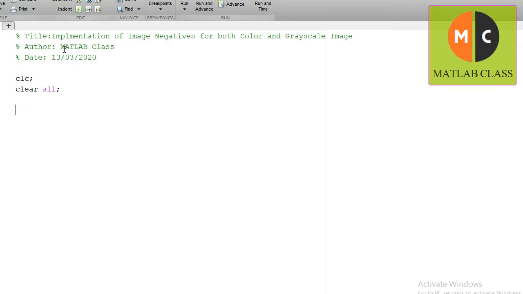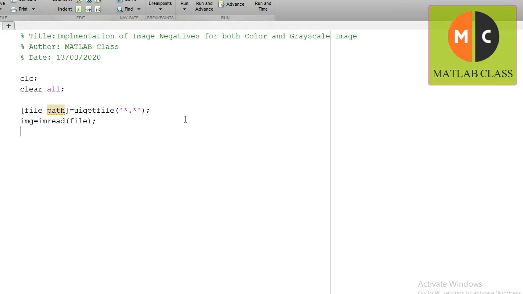Now you have to write clc and clear all. So the first thing that you have to do is read the input image in MATLAB. So by using [file, path] is equal to uigetfile('*.*') in brackets and single inverted commas. You are supposed to write star dot star. The meaning of star dot star is all files, means we are going to take a review of all files by using the uigetfile command. Now I'm going to write img is equal to imread(file), means we are going to read the content of the file with the help of the imread command.